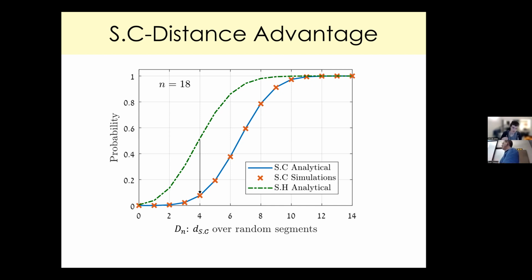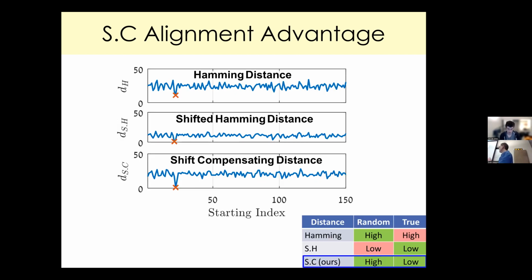That's the probability to get distance at most, let's say 4, between unrelated vectors. Maybe it will be clearer with this graph. Here we took, again, a random Y, and we deleted one position in it. And we calculated the distance matrix on all possible shifts between X and this Y. And what we see is if we use the Hamming distance, we cannot really distinguish. We have some blip here in the correct position, but you see it's very similar to the background